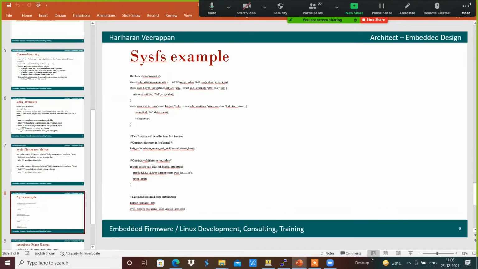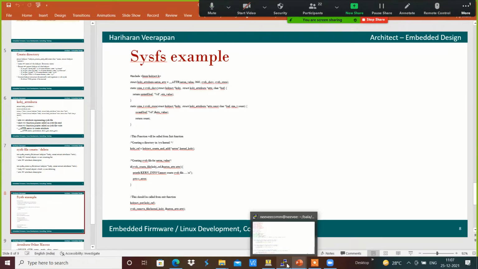In the same way, for store, we will have a kobject, kobject attribute, constant char star and count, and we will see how it behaves over here.